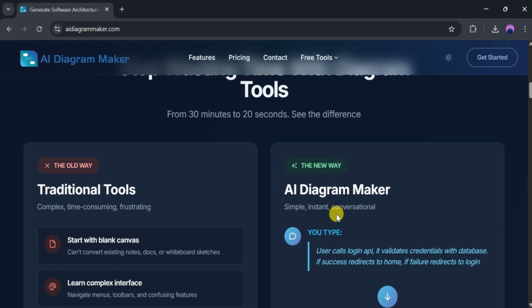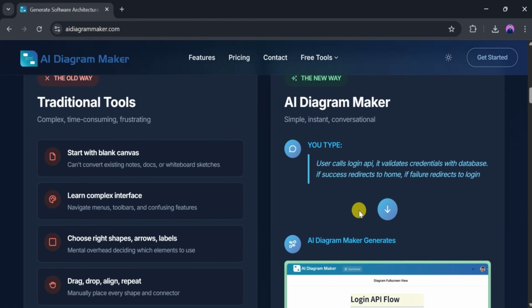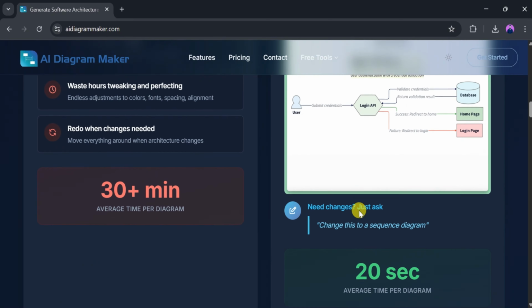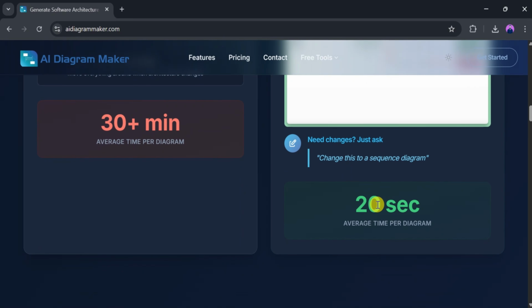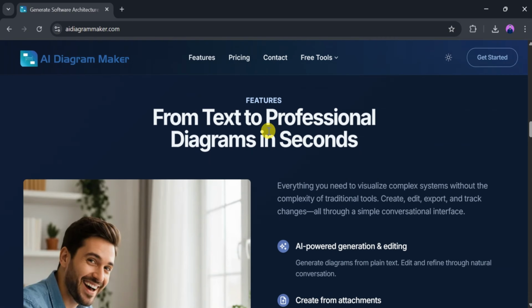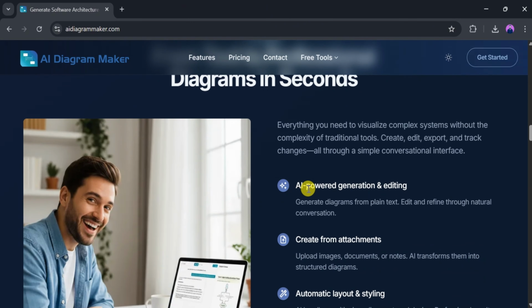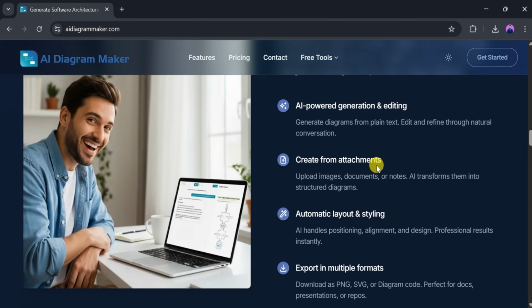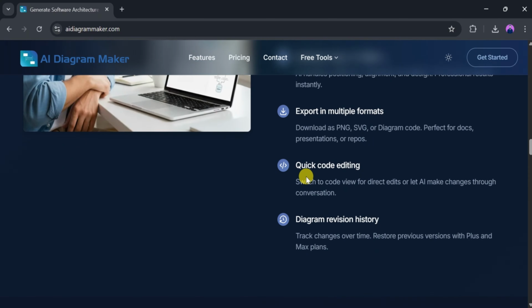Just have a conversation with the tool, and it will generate your diagram in about 20 seconds. You can easily make changes. Just describe what you want, and the tool will update your diagram instantly. AI Diagram Maker is better than traditional tools because you can generate professional diagrams just by describing your ideas. It offers powerful features like automatic layout and styling, creation from attachments, quick export in multiple formats, code editing, and